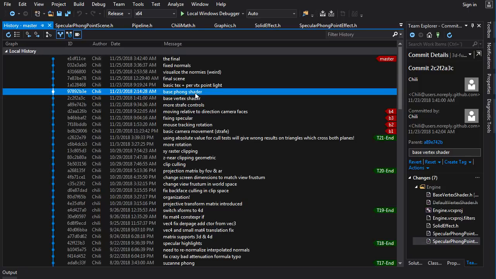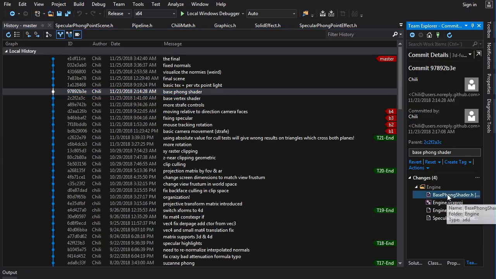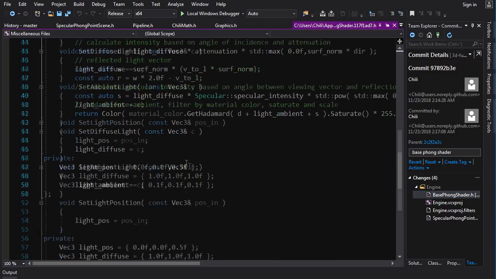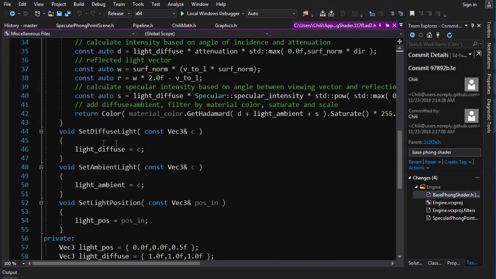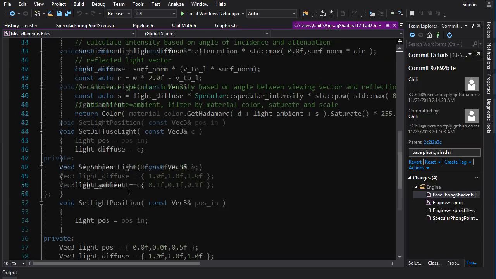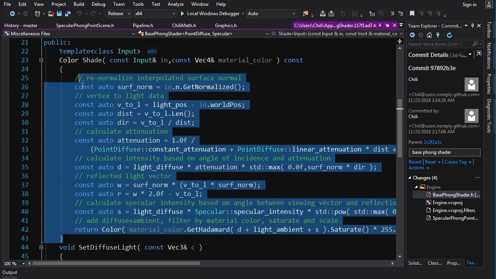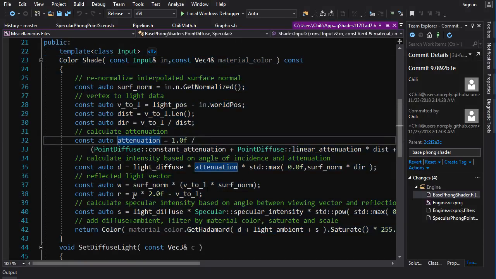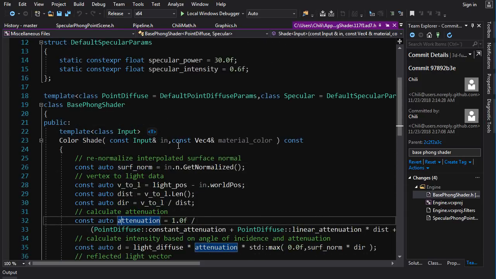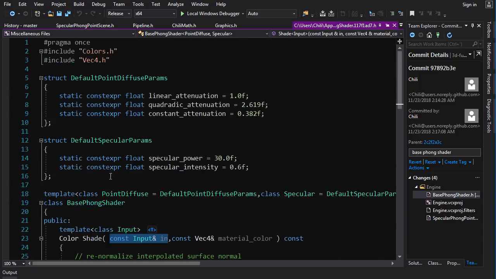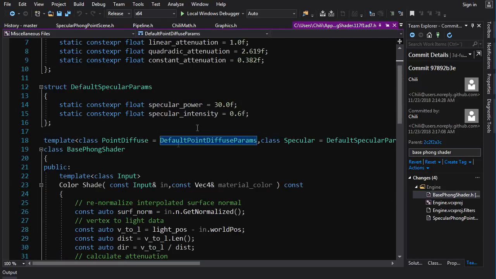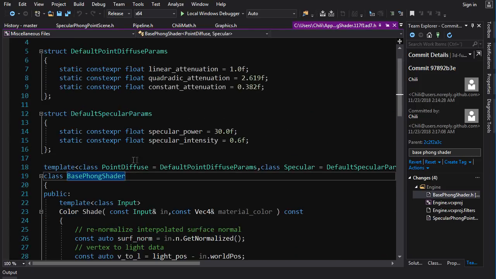I also created a base shader for the pixel shader. That's a base Phong shader, and it has your binding stuff for binding light stuff and other stuff, and it has the actual shade function that does all of the point light and diffuse calculation in here. It takes a material color and input interpolants, the attributes, right? And the specular and the diffuse parameters, the attenuation stuff and the specular stuff,